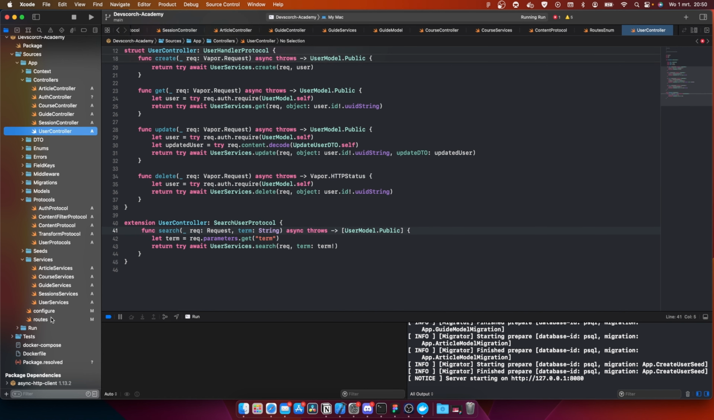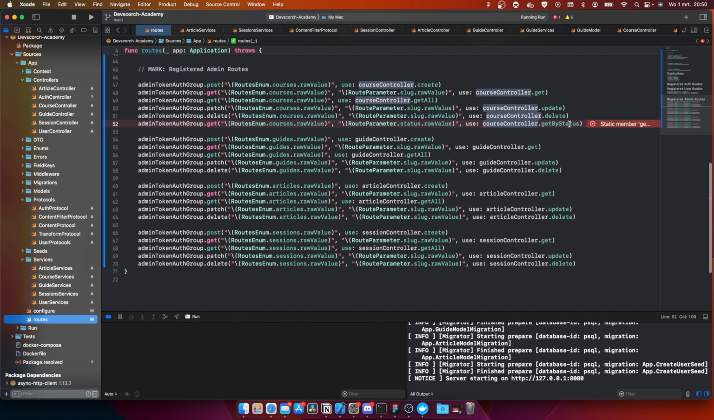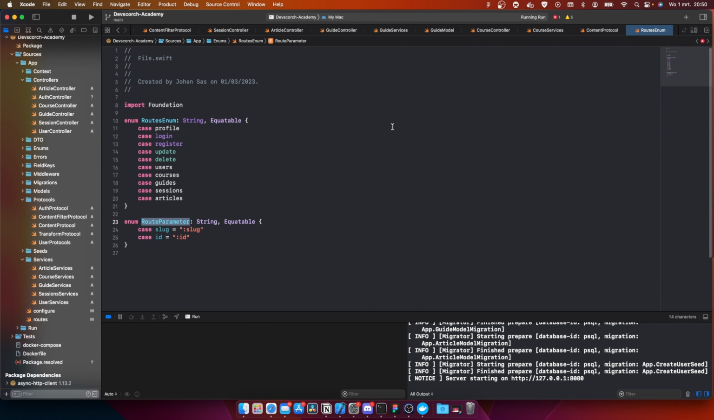Okay, so this is fixed. So this one should stop complaining. Still doesn't. Why are you not stopping? Ah yeah, of course. Route parameter. We actually have to add another one. So case status is equal to double point status. And let's also add case term is equal to term,